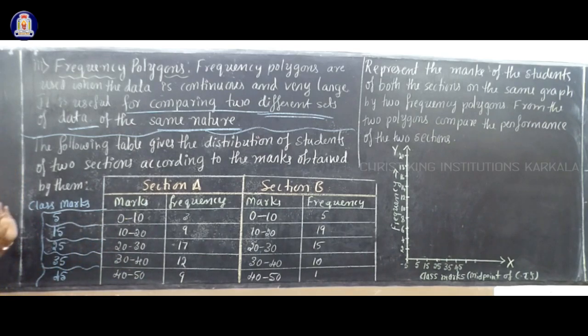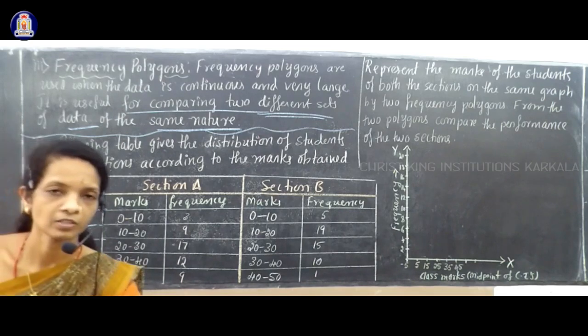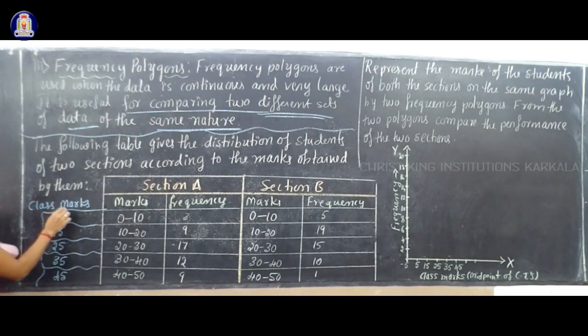But when we draw frequency polygons, you need a previous class mark before the first class mark. The first class mark is 5, so you have to write down the previous of that. And the last class mark of the table is 45; we need the next class mark after that. So what is the previous class mark of 5? How to get that? Just see how the other class marks differ.